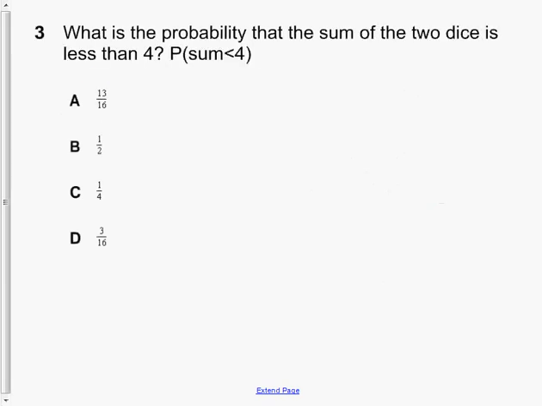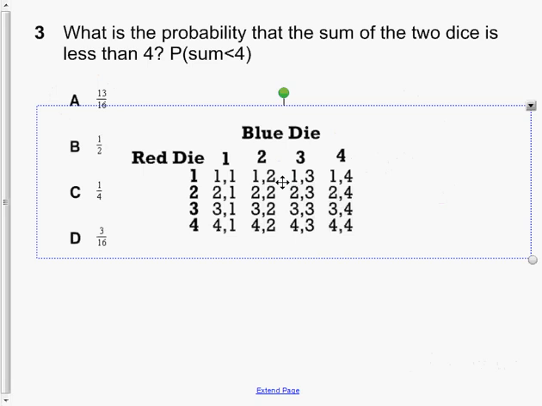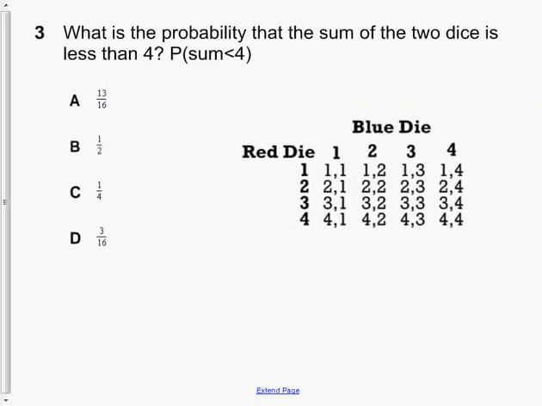In your third question, the third question says, what is the probability, I'll move this over here again, that the sum of the 2 dice, now sum means you add them together, is less than 4. So if I took this one and added those 2 dice together, that would be 2. That sum is less than 4. That's 3. This one is 4, which doesn't count because it has to be less than 4. That's a 3. And the rest of them are all either 4 or higher when I add the face value